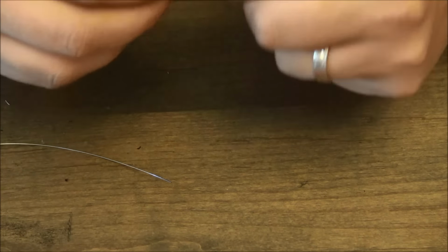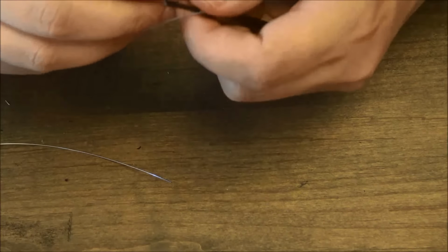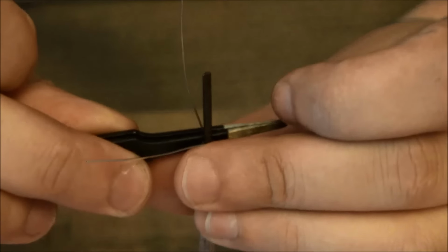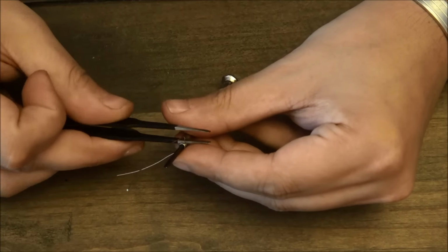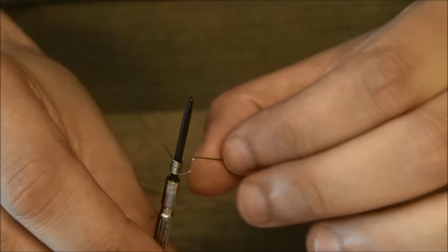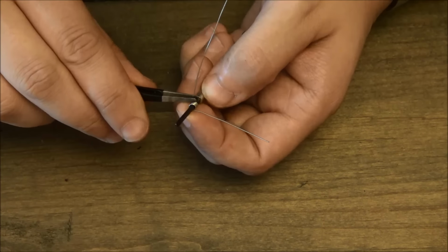Okay. So it's kind of like a 7 3/4 wrap that we're doing. Okay? It's got to have kind of an L shape to it. With this bend, you actually want to go a little bit over the top of the coil. So a little bit higher than the top of the coil even. I guess we'll go there. So it looks something like that. And with the other one, it's pretty much the same thing, but you have to wrap in the opposite direction. And just like the first one, tippy tip tweezers,